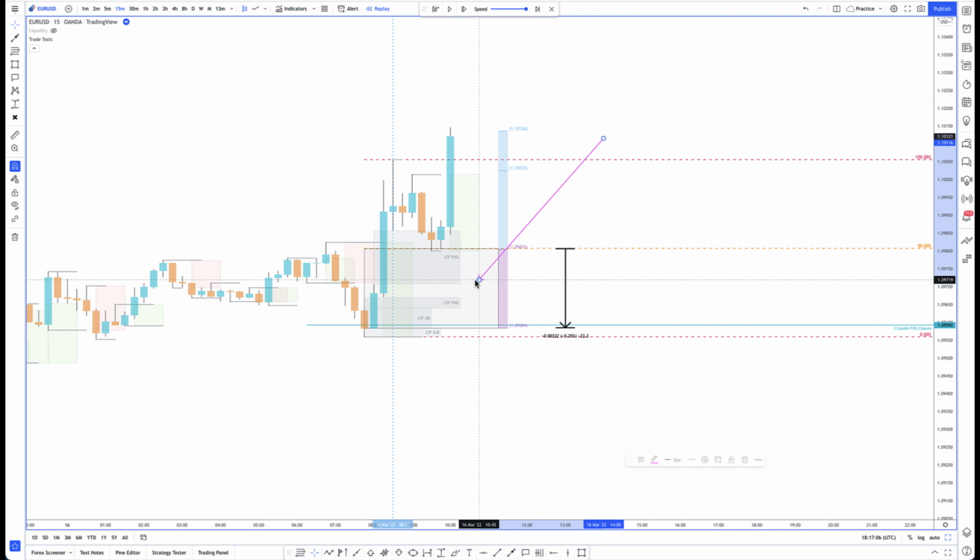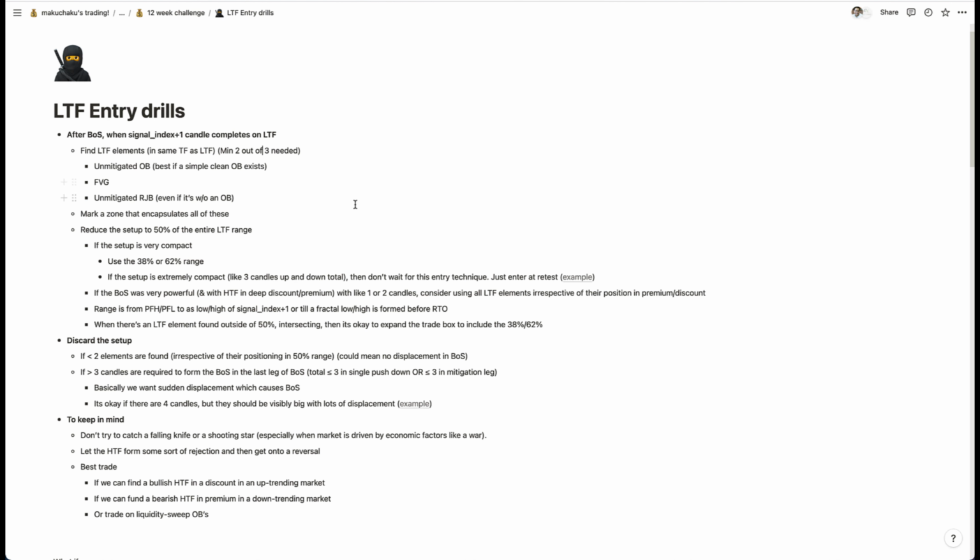Now, there are a couple of rules that I would like to share about how I'm drawing these lower time frame concepts, so let me quickly recap them. I'm going back to one of my Notion journals just to read through, and I'll show them. So once we determine there's a breakout structure on lower time frame, we use the signal plus one candle, and